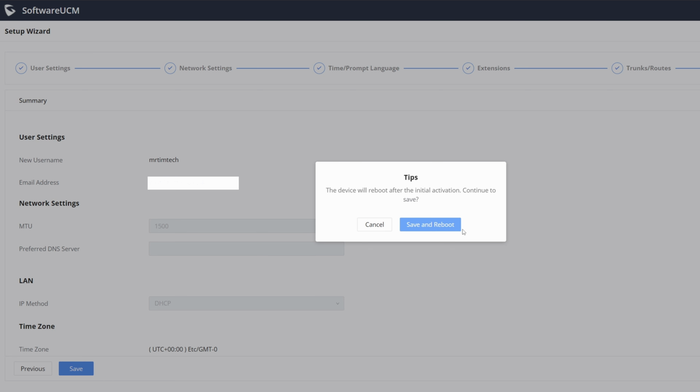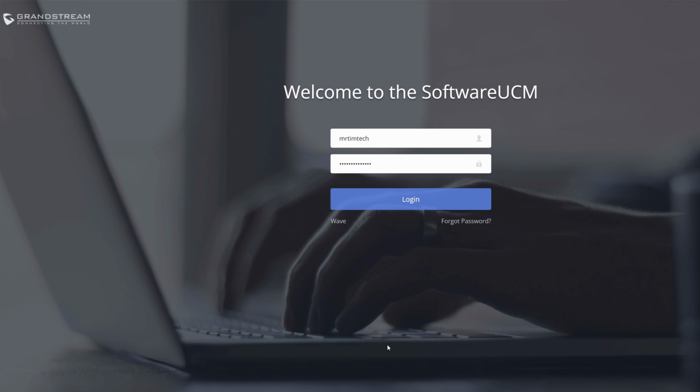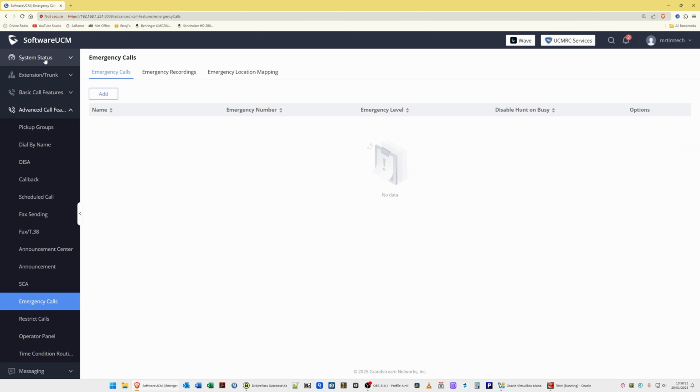Continue to save, so click save and reboot, and then wait 2 minutes and then attempt to refresh your web page. So once you have waited 2 minutes and refresh your web page, you'll then be taken to the Welcome to the SoftwareUCM login page. So again, enter the details that you created when you first logged in and click the login button. This will then take you into your SoftwareUCM dashboard, as you'll see, and you will have an option for emergency calls. So just click OK to ignore this, and then click back onto the system status option at the top